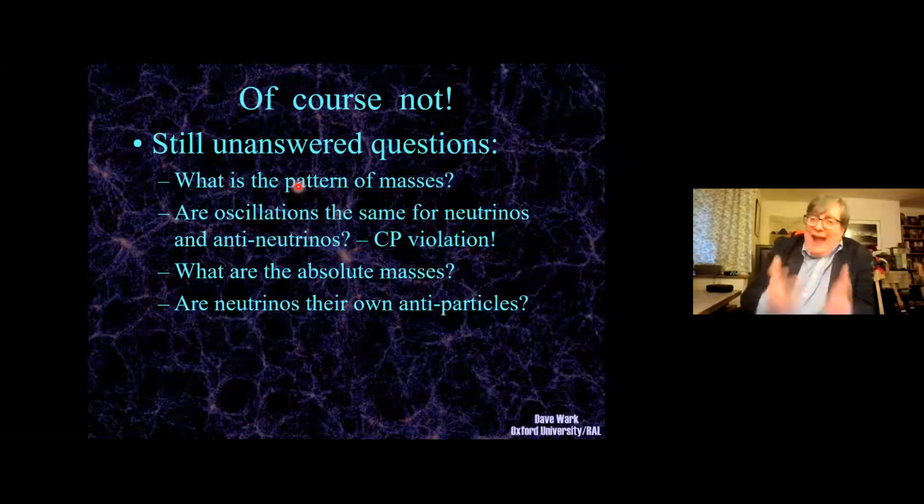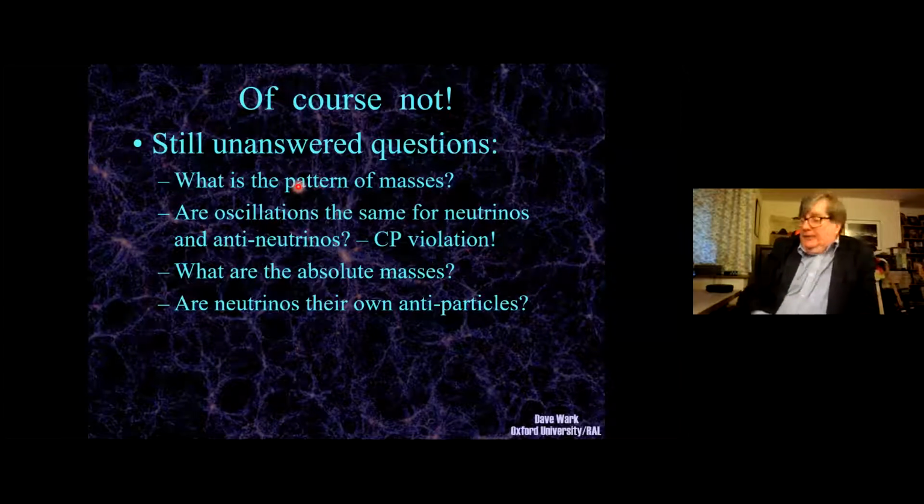But neutrinos don't have any additive quantum numbers, at least as far as we know. So there's nothing to prevent a neutrino and an antineutrino from being the same thing. And that is one of the biggest questions we attack. Now, the experiments I'm going to tell you about sadly can't do either of these last two questions.